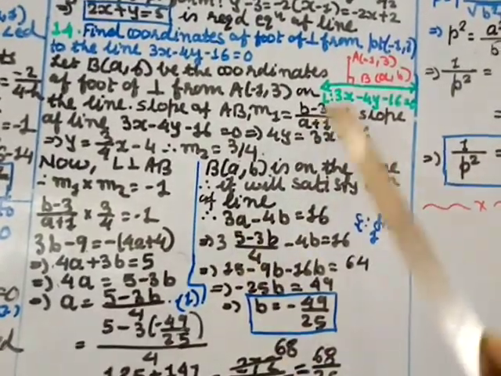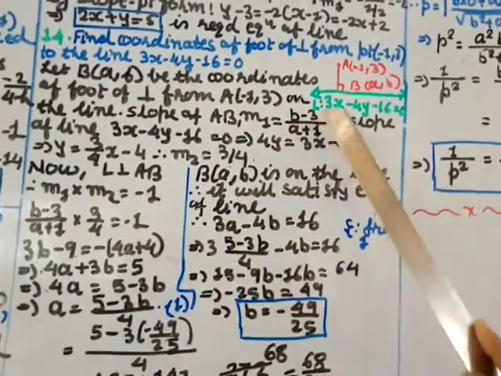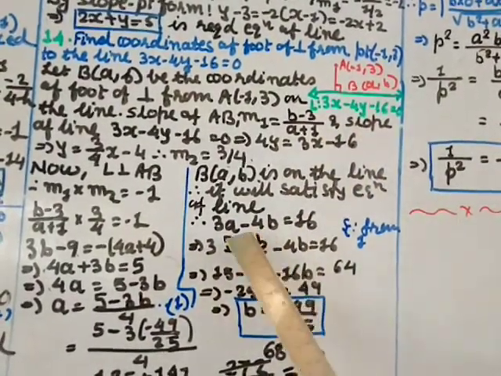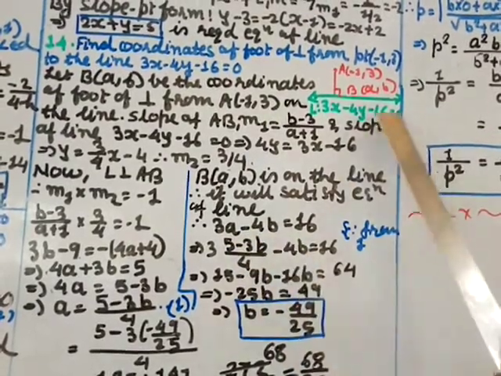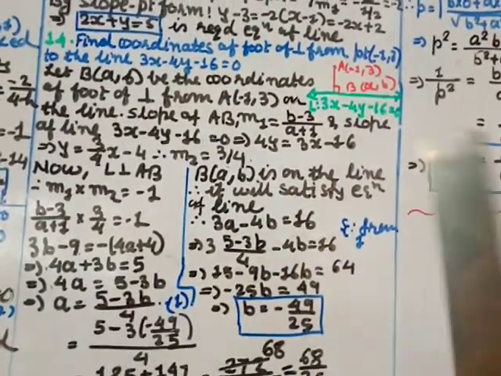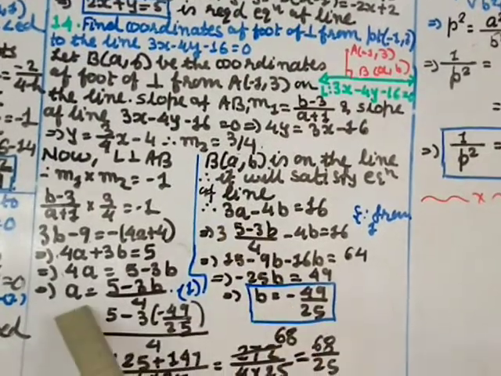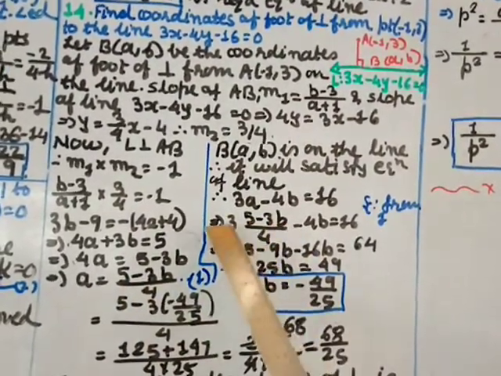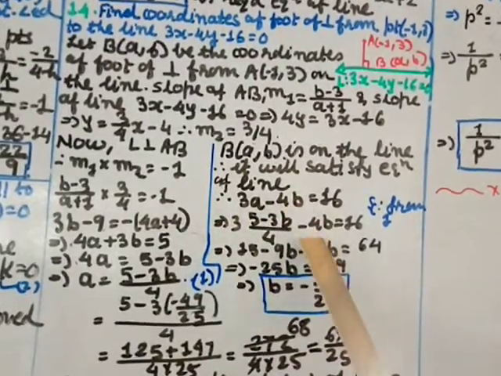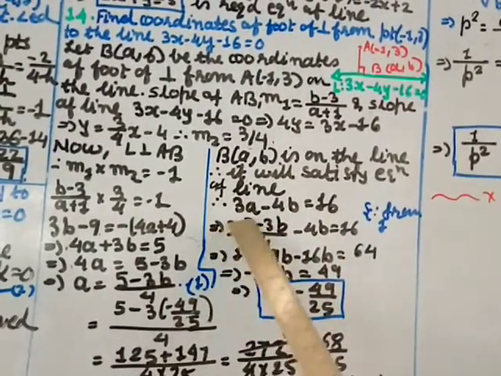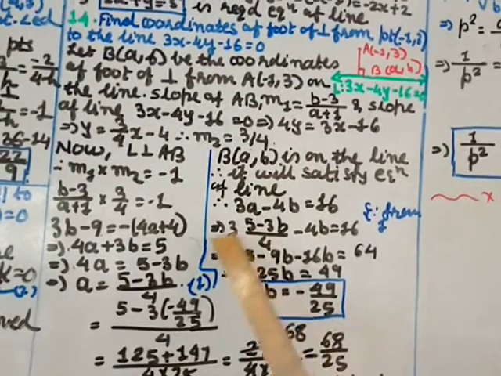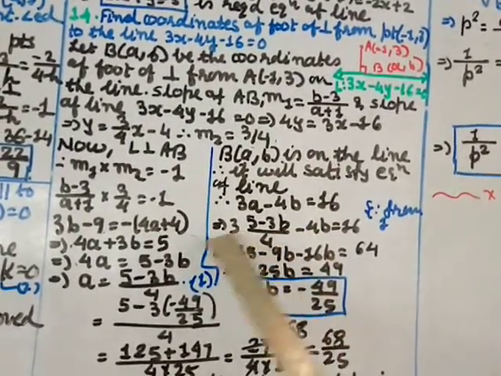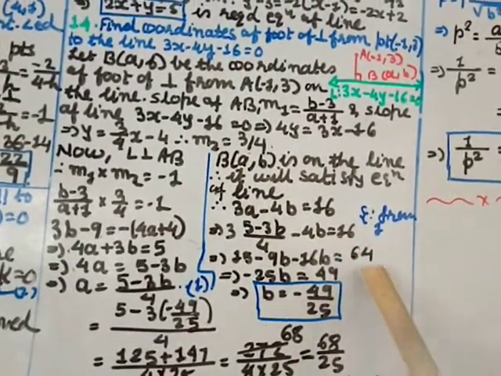So here 3 times a, minus 4 times b, so minus 4b, equal to 16. Transferring the minus 16 over here gives 16. Now put the value of a from equation 1. So I put here (5 minus 3b) by 4, it is multiplication, minus 4b equal to 16. Now 3 into 5 is 15, minus 3 into 3 is 9b, and I am also taking the LCM, so minus 4 into 4 is 16b, and this LCM I will transfer and multiply with 16, so it is 64.